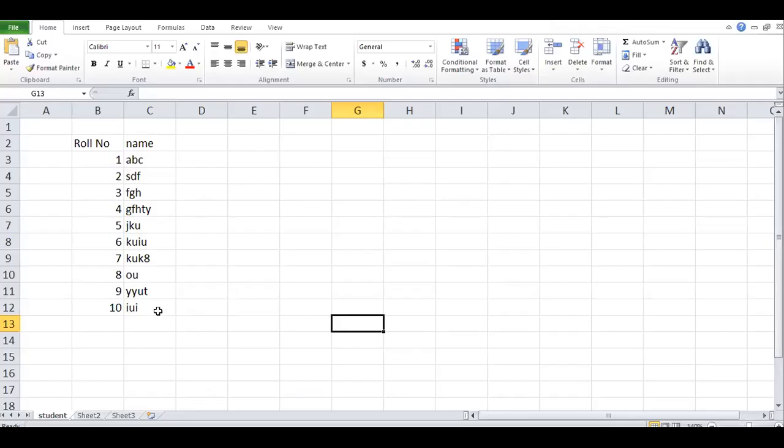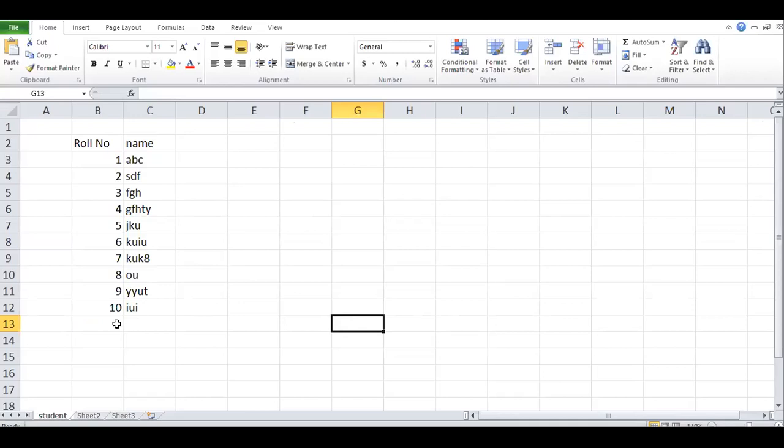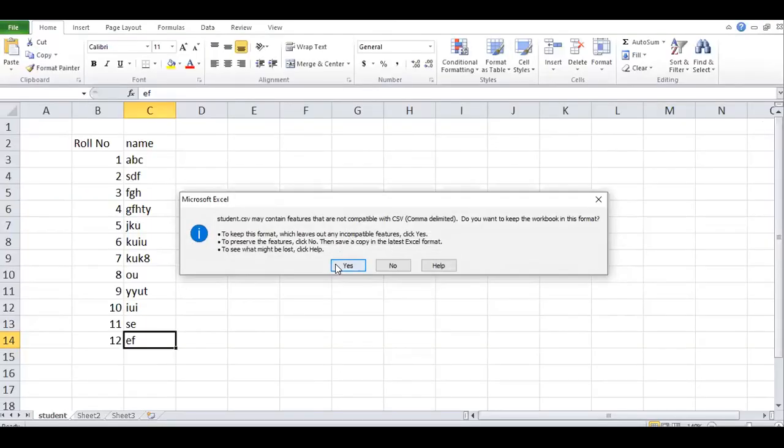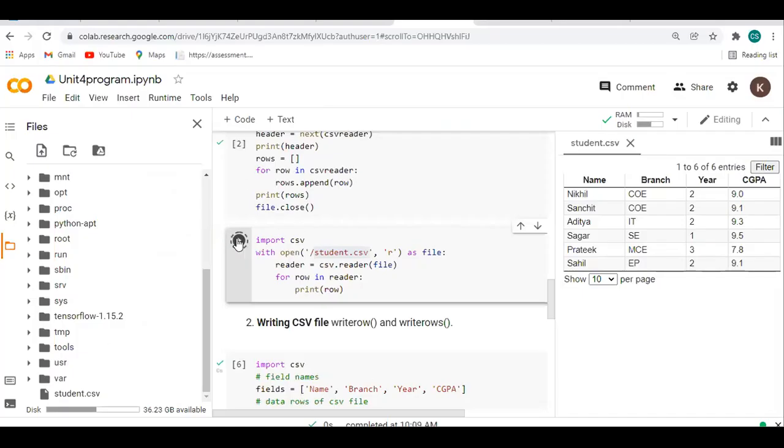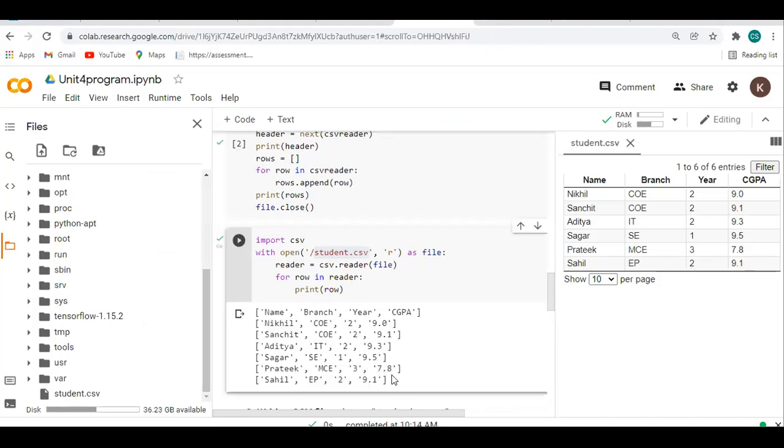Suppose you have to make changes in this file, so we need to upload it. Suppose here I insert data and after that I save it. Now I execute this program, but it will show the data of only the 10 students, because this CSV file is with these names.